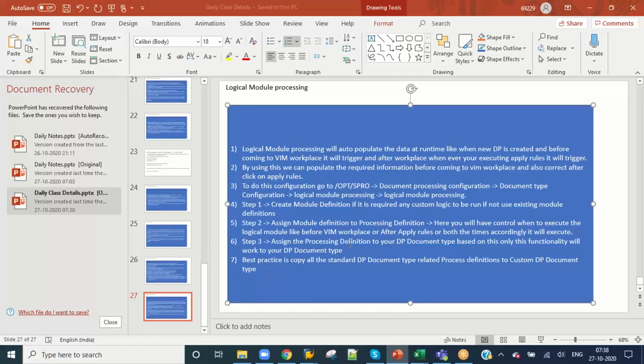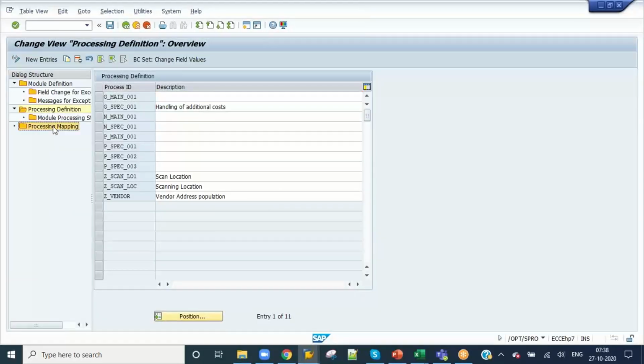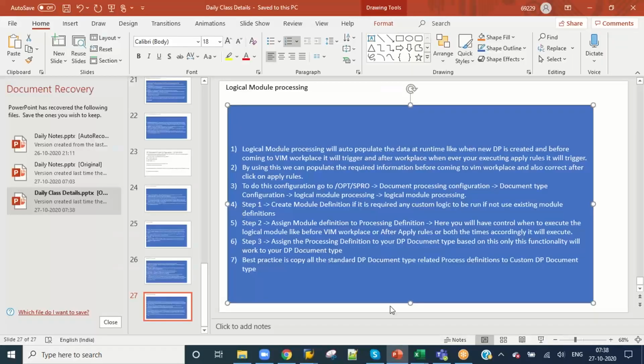Okay, so what I'm saying is, whatever you have in standard processing mapping, under processing mapping,